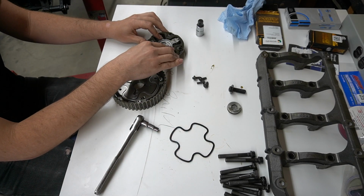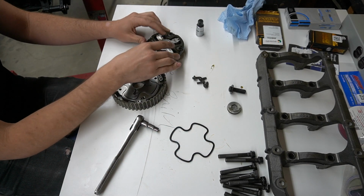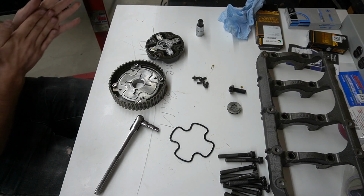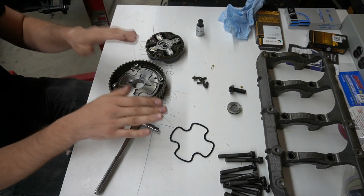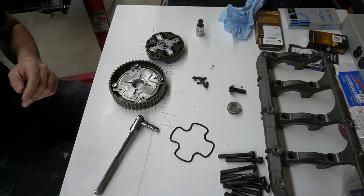As far as timing this goes, from everything I understand, it does not matter. This will be timed once the engine's actually running. So for now, I'm just going to get this thing cleaned up, get this put in here, and then the next thing we've got to do is